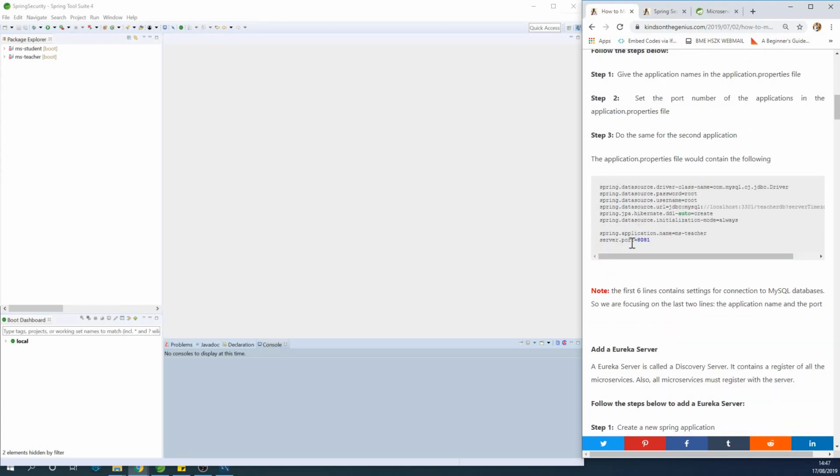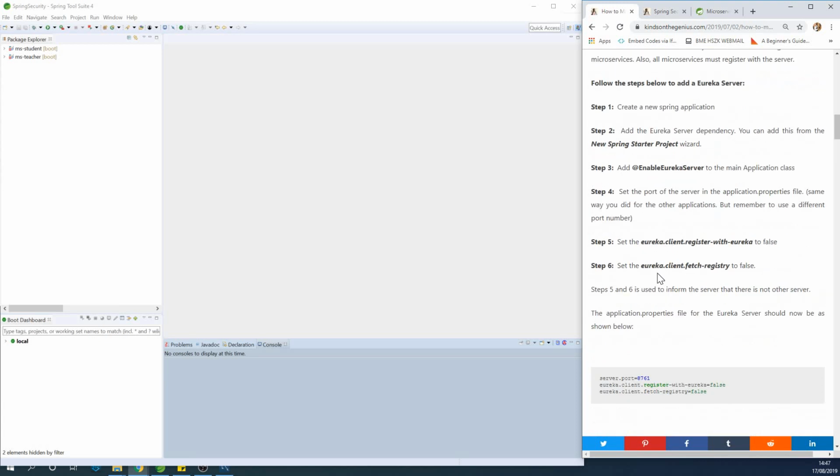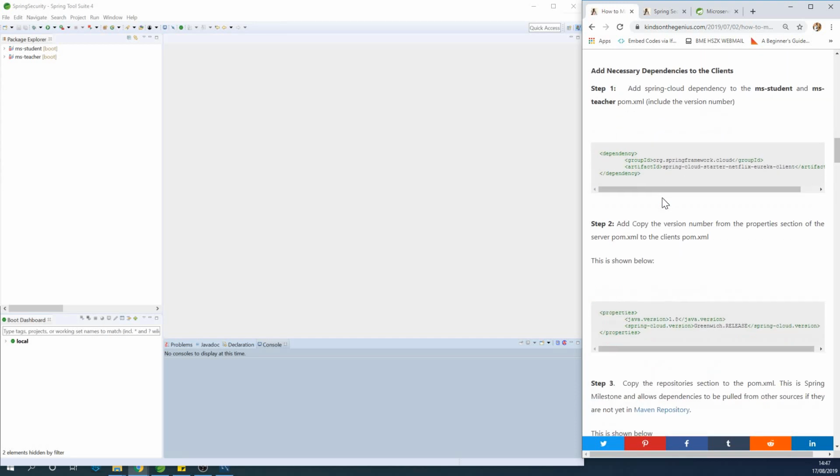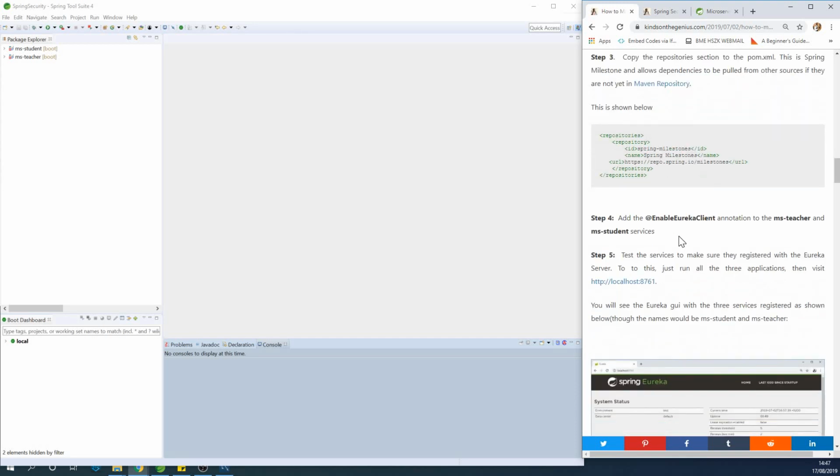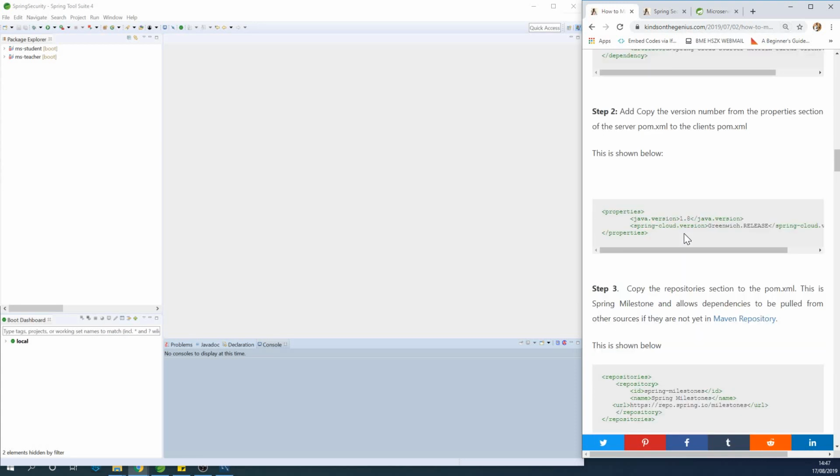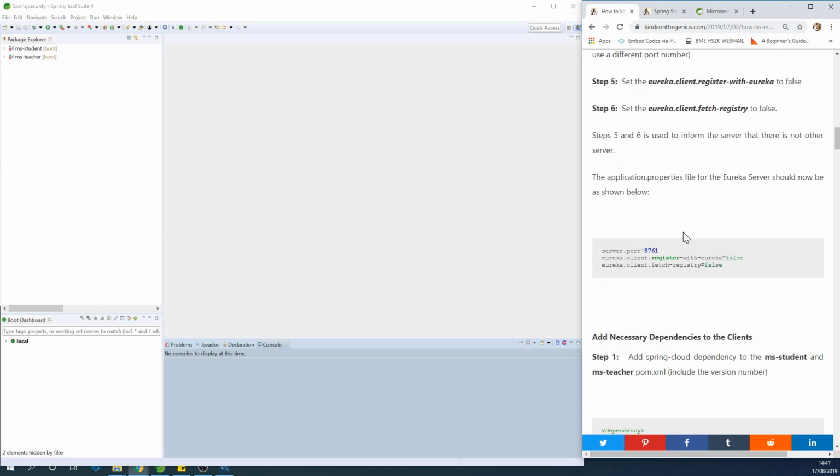I also provided you with all the code snippets and all the steps you need to take right here. So that is why I might be a bit fast, but if I'm too fast, please pause the video, visit the website where you have these steps, this procedure, and feel free to copy it and use it for yourself